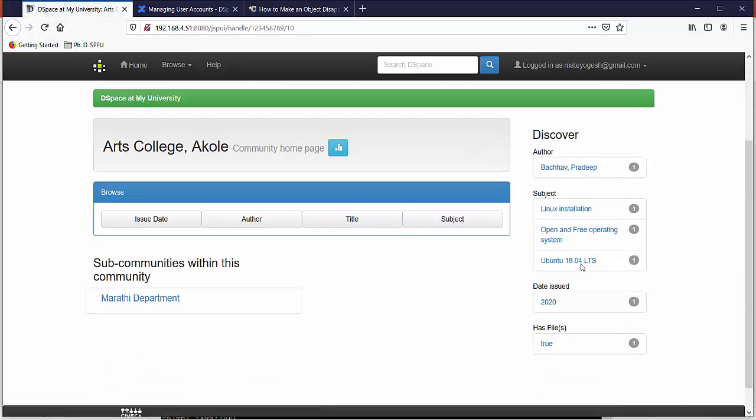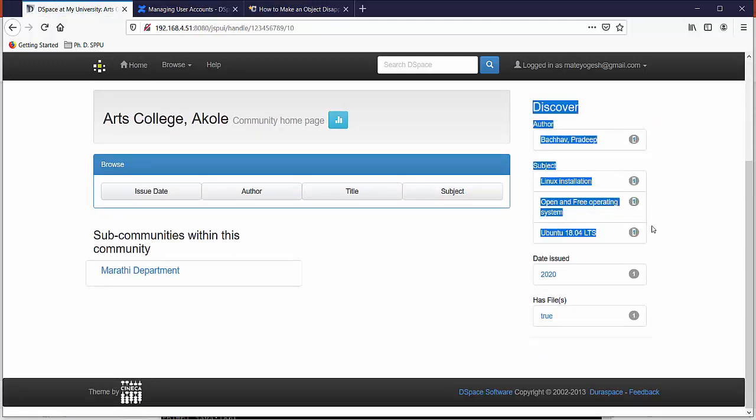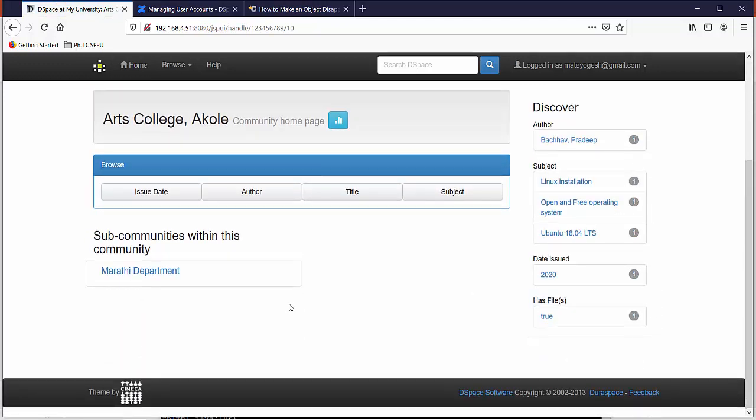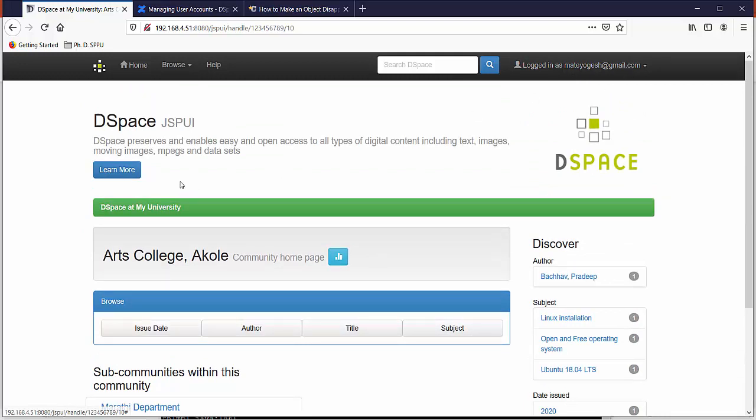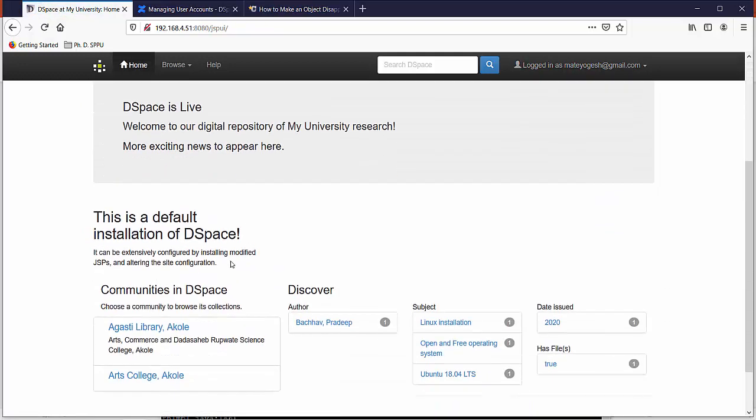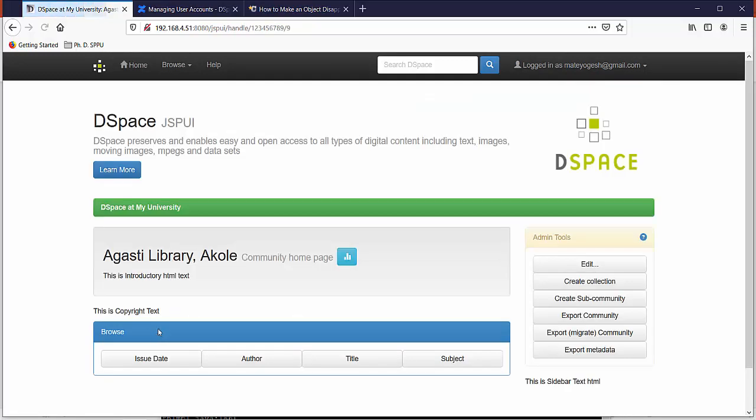Look, now admin tools are not appearing here. That means this user is the administrator of Agasti Library Akole, this main community.